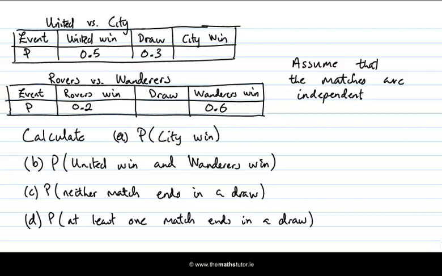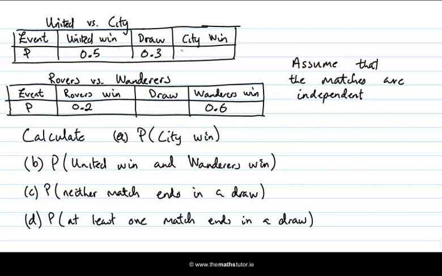And the problem is to calculate the probabilities of various events, and we've listed some events here that we want the probabilities of. So let's go through this. Okay, so the first one, we want to calculate the probability that City win. So that's just to do with the United versus City match. And so what do we have here? We know the probability of United win, the probability of a draw, and the only other outcome is the City win. And one of the basic facts about probability is that